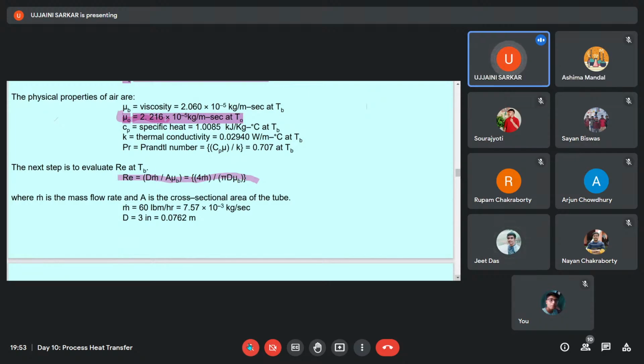কিলোজুল কেজি আছে, একটা ওয়াট পার মিটার আছে, আরেকটা তোমার ভিসকসিটি আছে কেজি পার মিটার সেকেন্ড। কে ভ্যালুটা আছে ওয়াট পার মিটার ডিগ্রি সেন্টিগ্রেড। ওয়াটে তোমার টাইমটা কিসে আছে, সেকেন্ডে না আওয়ারে? জুল পার সেকেন্ড ইজ ওয়াট, আর এখানেও কেজি পার মিটার সেকেন্ড। তাহলে টাইম এন্ড ইউনিট চেঞ্জ করতে হবে না। তাহলে সিপি মিউ বাই কে করলে কত আসছে দেখো।